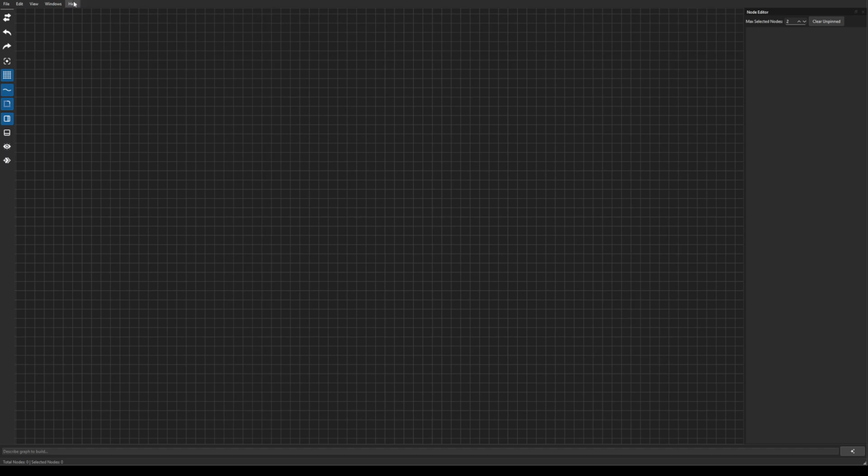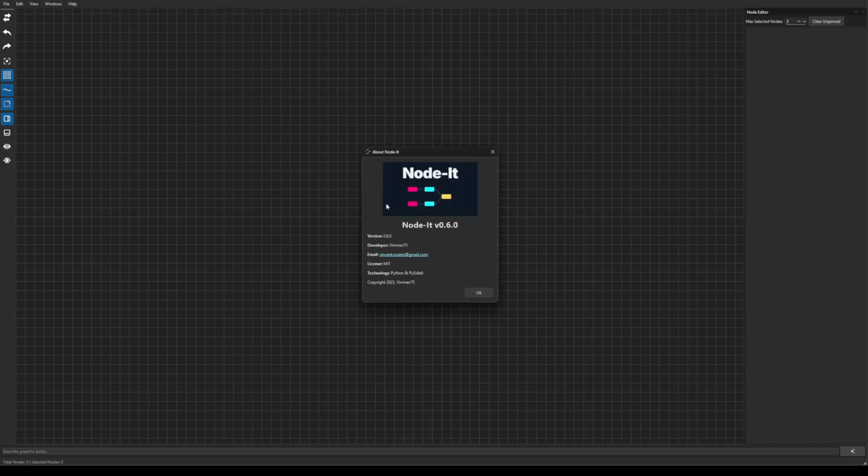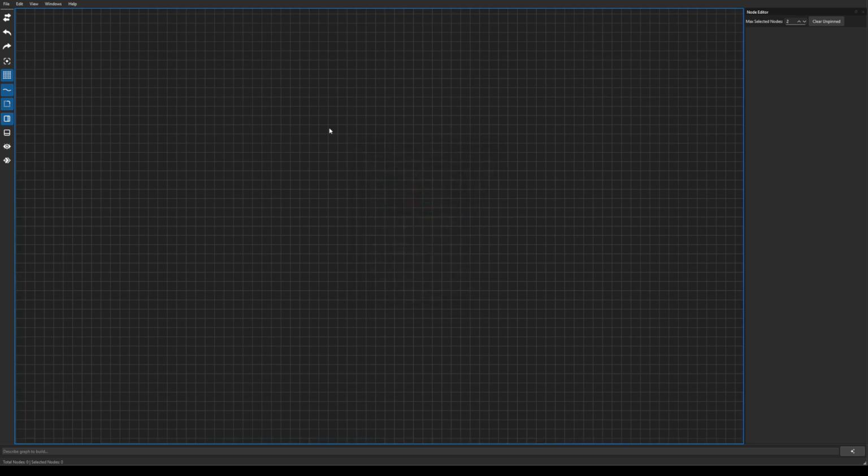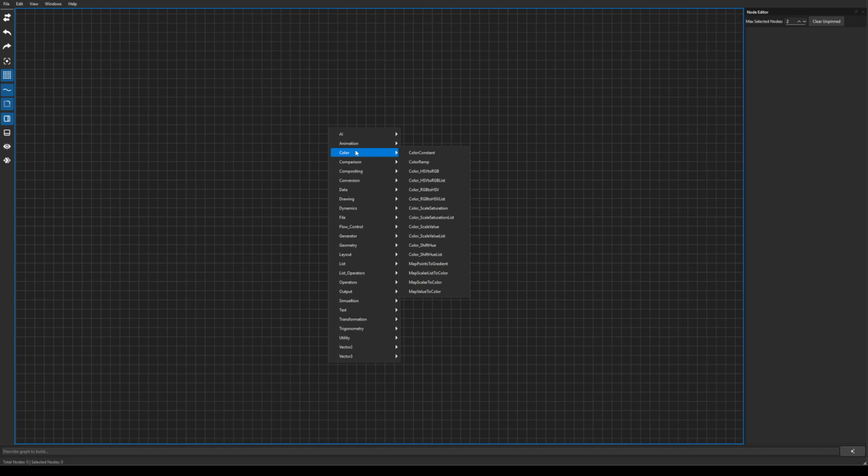It's still currently in a beta phase, but I just wanted to talk a little bit about what it is and what it isn't. It's essentially a visual scripting tool. It's got a lot of nodes at the moment, the AI stuff and animation and the dynamics,